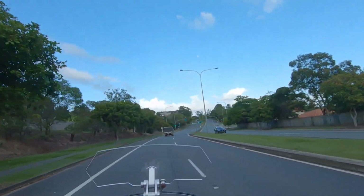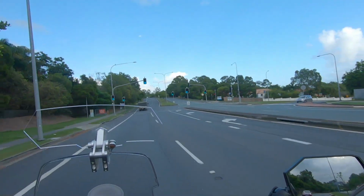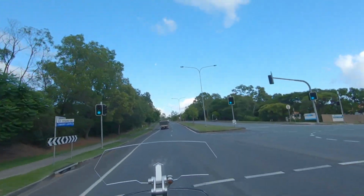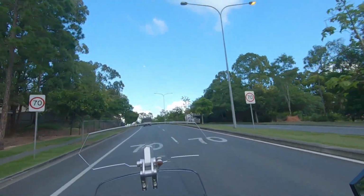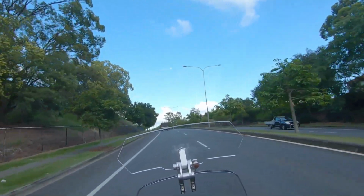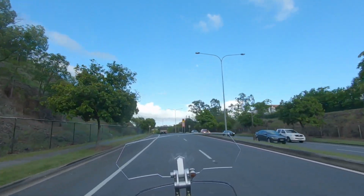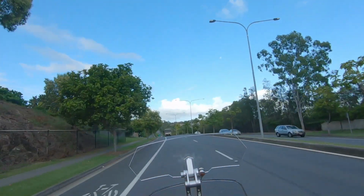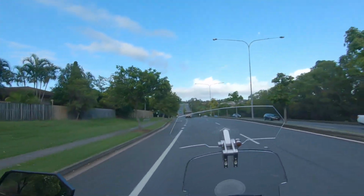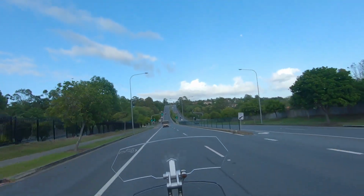I literally stood under the cold shower for about 5 minutes, and I was in bed probably 7:30 or 8 o'clock. Just absolutely exhausted. The heat mainly, especially that last hour and a half, 2 hours getting home through peak hour traffic and in the heat. It takes its toll on you physically and mentally. Anyway,